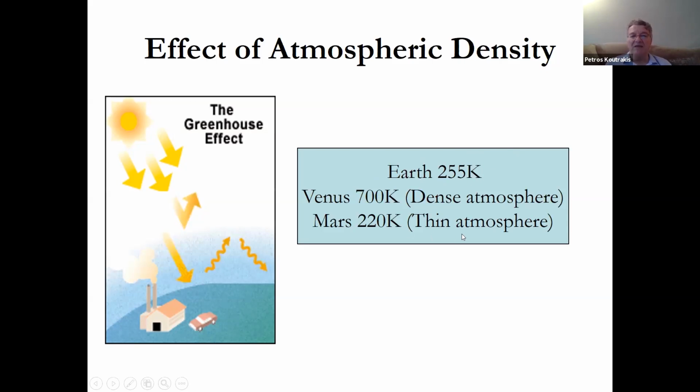And Mars has a very thin atmosphere. And because of the thin atmosphere, Mars is slightly cooler than the Earth, and much cooler than Venus. Okay, so that's what the greenhouse effect is. Short radiation, some of that is absorbed, is re-emitted in the infrared, and then you